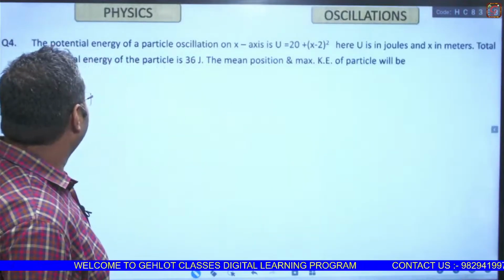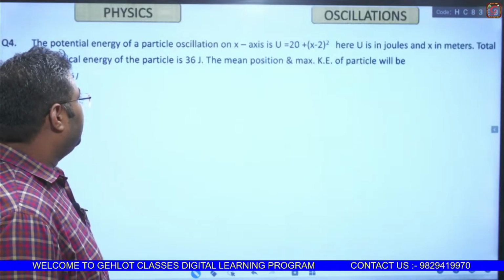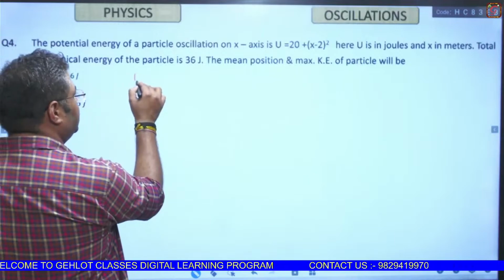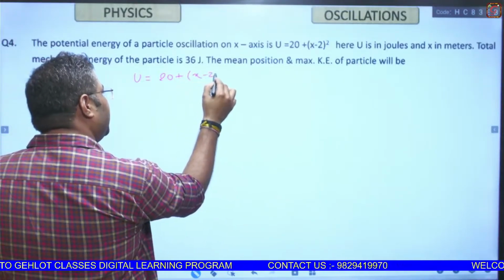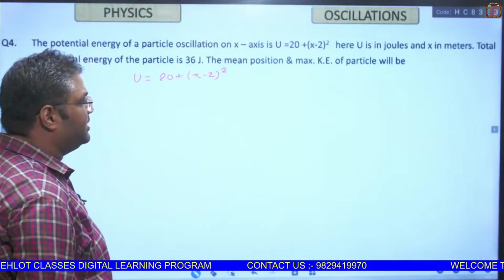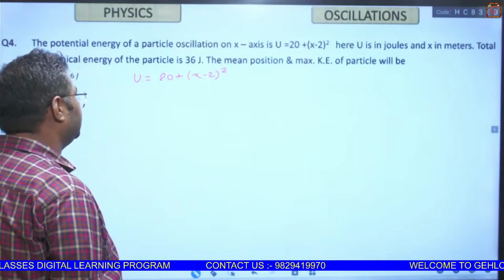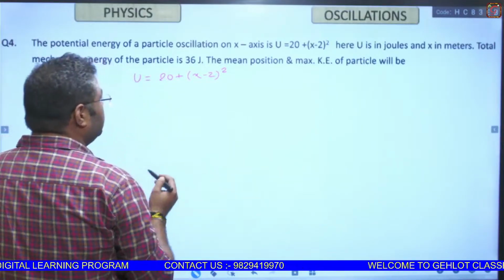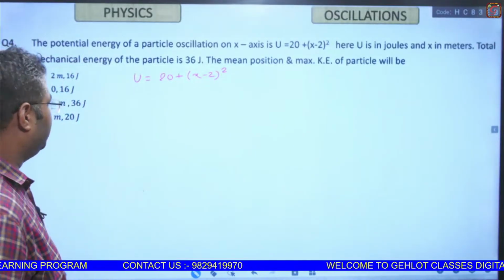Now we are going to discuss: the potential energy of a particle oscillating on x-axis is given as U equals 20 plus (x minus 2) square, where U is in joule and x is in meter. Total mechanical energy of the particle is 36 joule. Then the mean position and maximum kinetic energy of the particle will be,